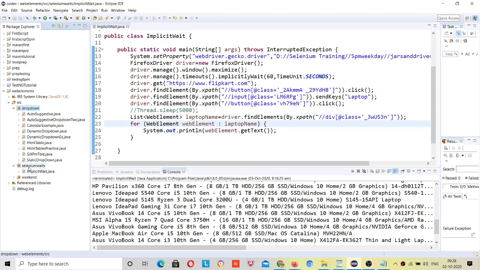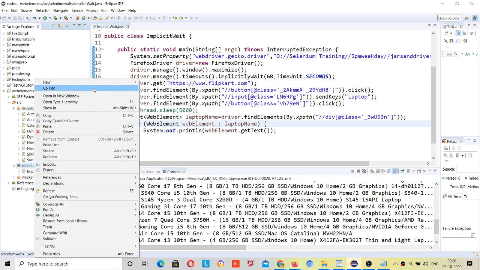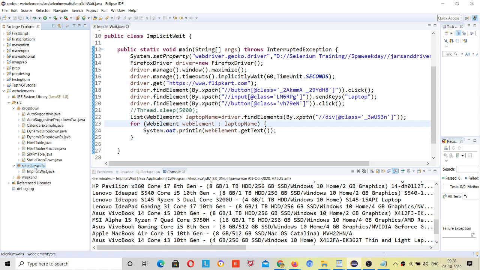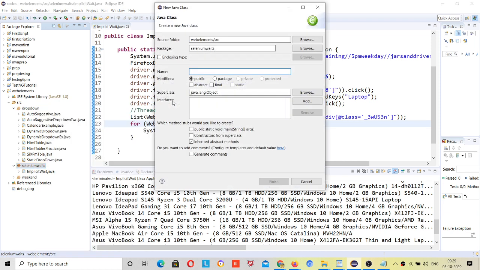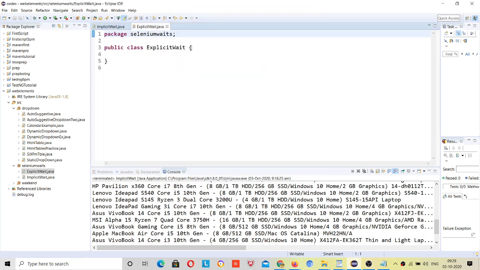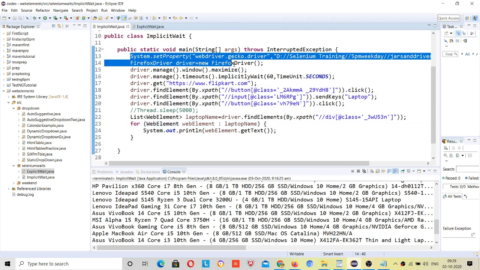Now let me come to this. I will create a new class, ExplicitWait. Let me copy these 3 lines because these are common.